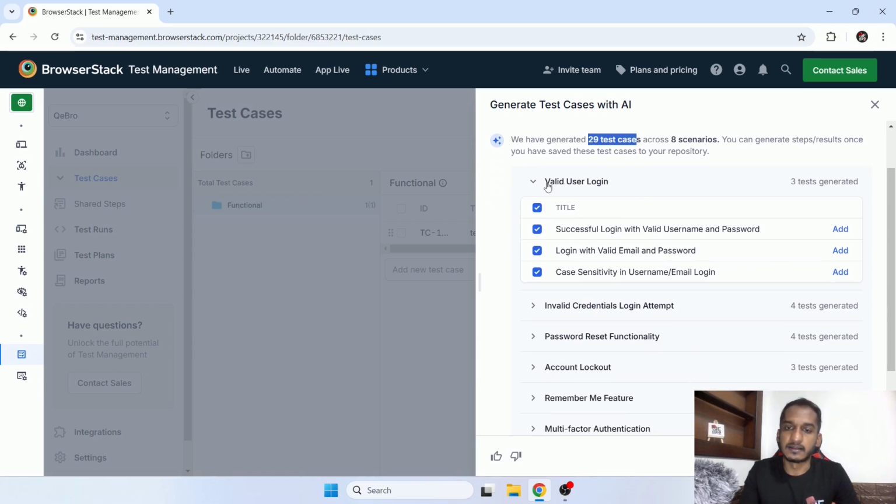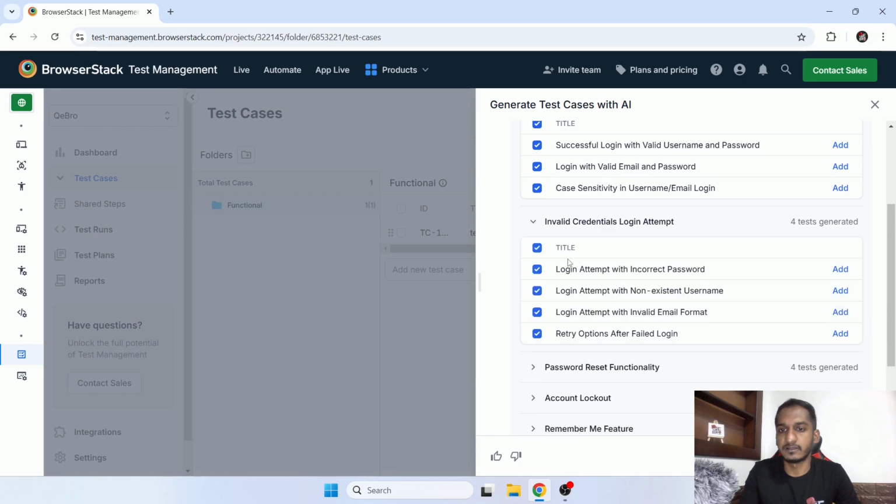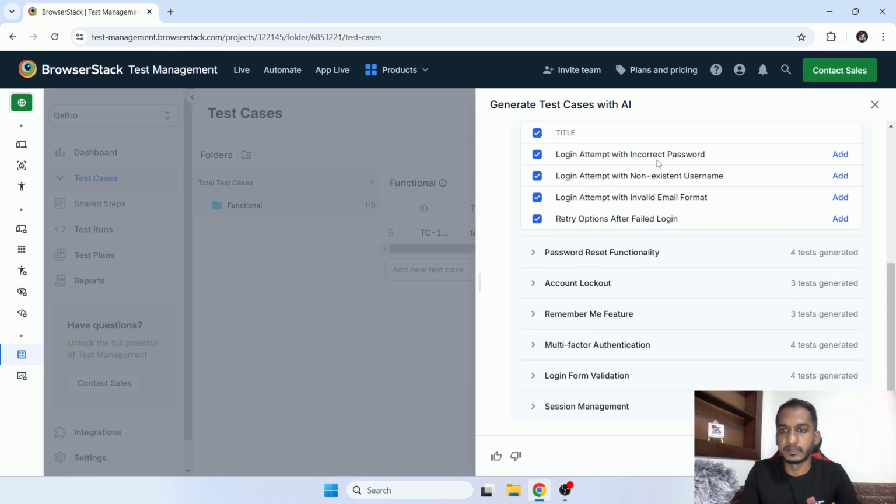Okay, so under the valid user login scenario, it had 3 test cases: successful login with valid username and password, login with valid email and password, and case sensitivity in username or email login. Likewise, it added 3 test cases for the invalid scenario: incorrect password, no username, invalid email format, and retry options after failed